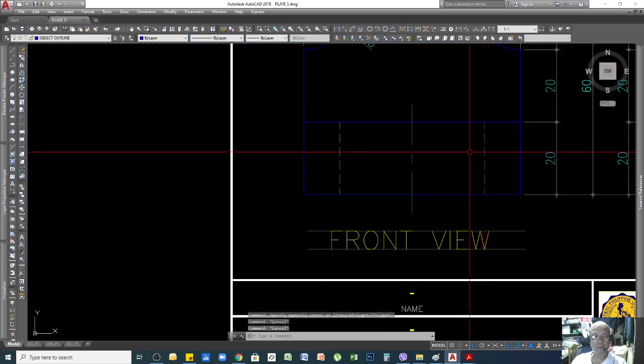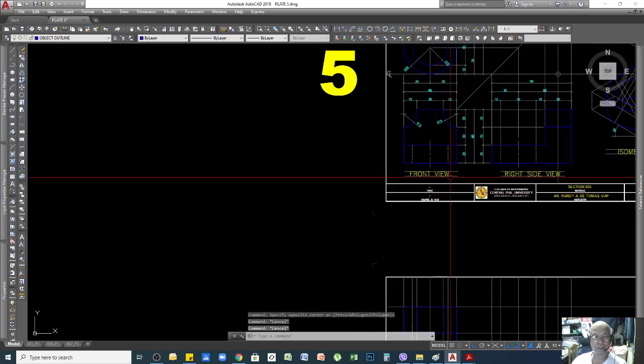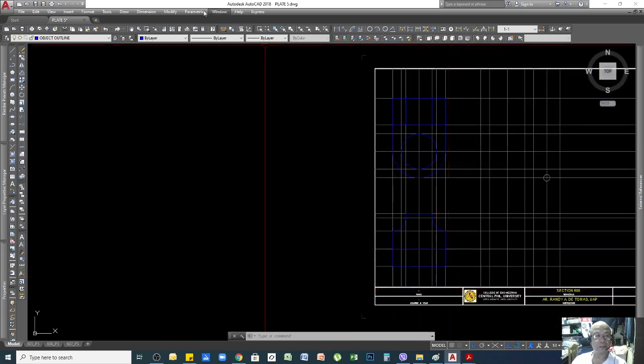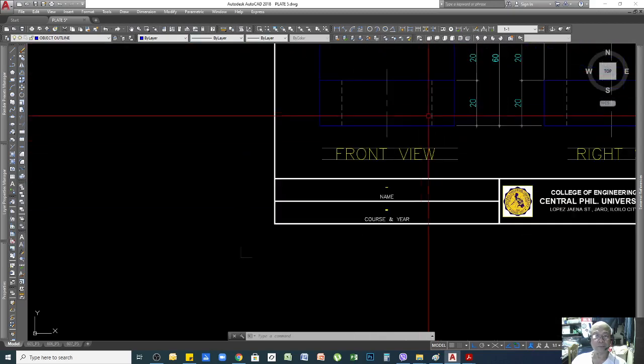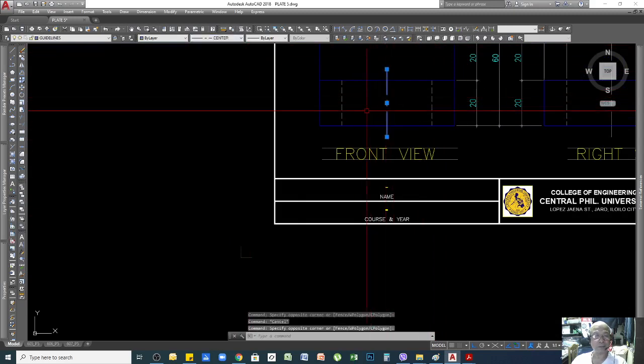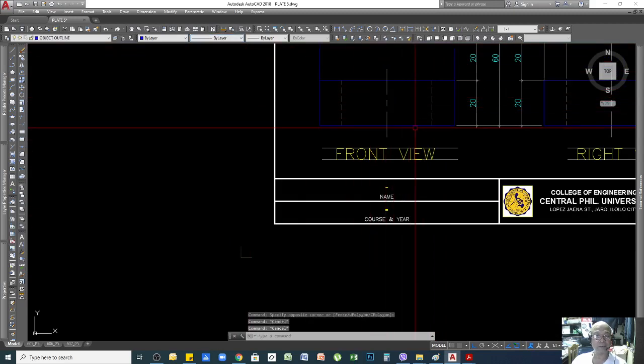Okay, so probably your setup has no available lines like this one. I mean the line which is the hidden line and the center line, maybe it's still not there.